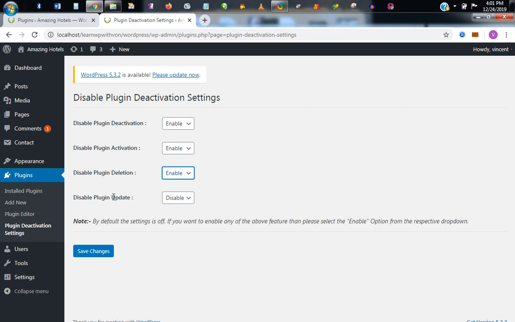Normally I would say you should leave plugin updates. It's good for security reasons that plugins can update themselves without the client messing around with it. So that's that about that. Once we click on save changes,